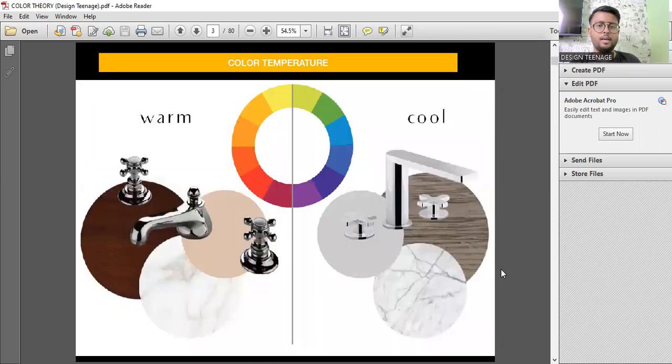Then we have monochromatic colors, and what you are telling, complementary, split complementary, all those things are definitely there. But before that, we need to understand how these colors are being used and some aspects of that color. Now over here we have the color temperature known as warm or cool. So what is warm and what is cool? If I ask you, how are you going to define it? In terms of color, what you can see is that one side has been marked as warm colors, other side has been marked as cool colors. How are you going to define it?